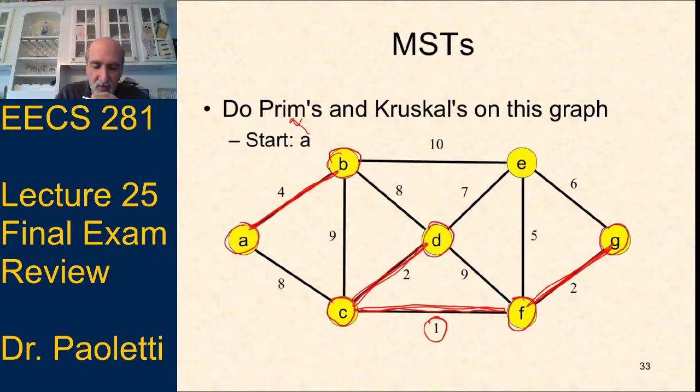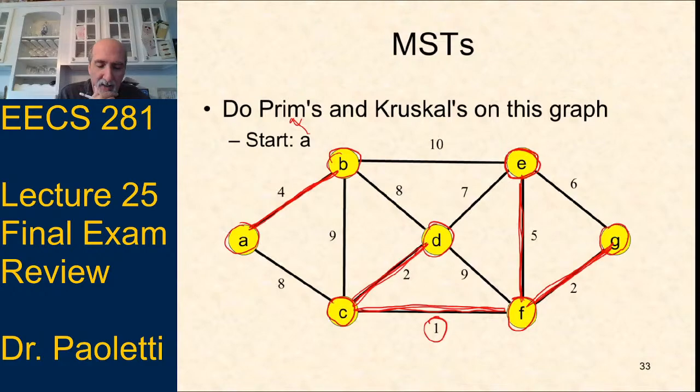Edges of length 5. 2, 5, 6, 7. Okay, so I see one edge of length 5 from E to F. So we're going to have to take that edge from E to F. And now E has been visited. It's in there. And really, we don't really have an idea of in and out in Kruskal. We would really be doing union find behind the scenes. Now you should know union find because we covered it in these slides, but you don't need to do union find just to solve this.